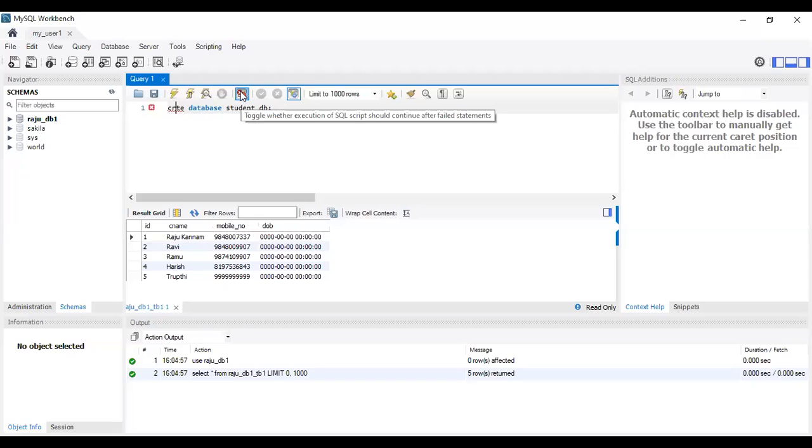Create spelling is wrong. Create database student_DB. Then we'll work on this particular database only.